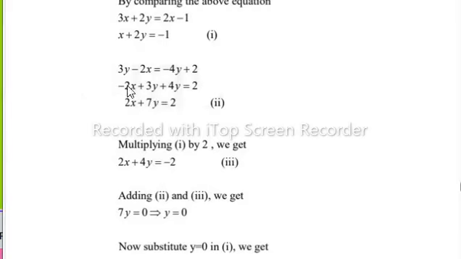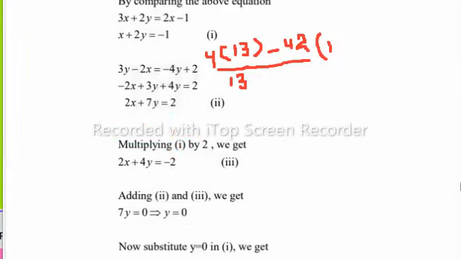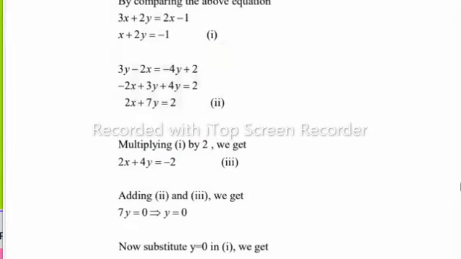So when we add these two equations, then plus 2x and minus 2x will cancel with each other. Then 7y plus 4y,